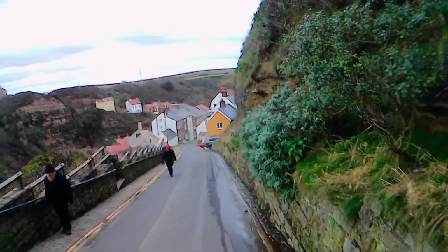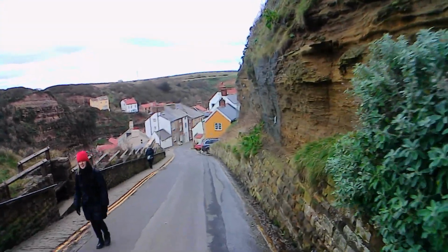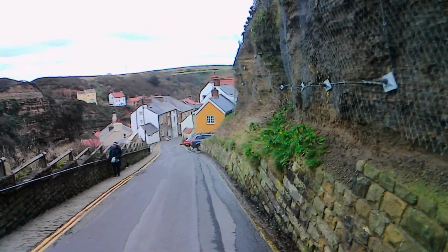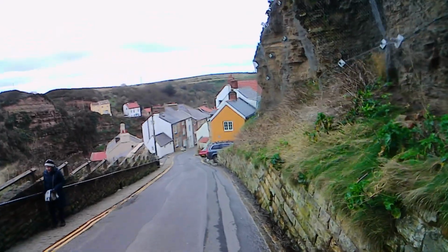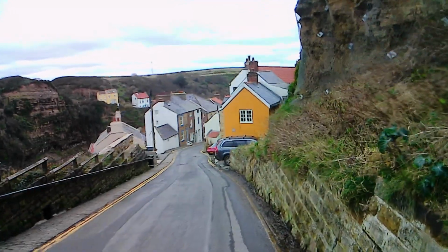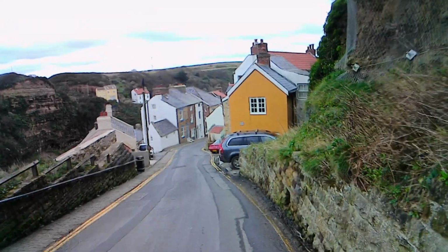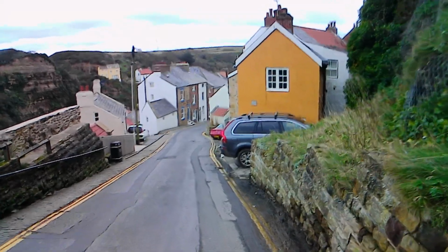So yeah, so what you've got is a little beck that flows into the sea. Funnily enough, it's called Staithes Beck, and I always thought that was kind of like a natural border between North Yorkshire and Cleveland. Whether I'm wrong or not, I don't know, but it seems the case really. So you've got lots of old little cottages. I drive in a lot of places around here actually. It's very quaint, but